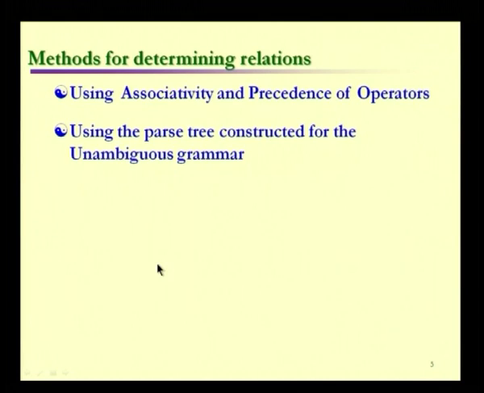And the second one is we will go for constructing the parse tree. When you go for the parse tree, from the parse tree we can very easily identify whether an operator takes more priority or less priority than the other operator. So, whenever you find an operator is available on the lower level, it takes more priority because it should be computed first, and if it is on the levels that are very close to the root,